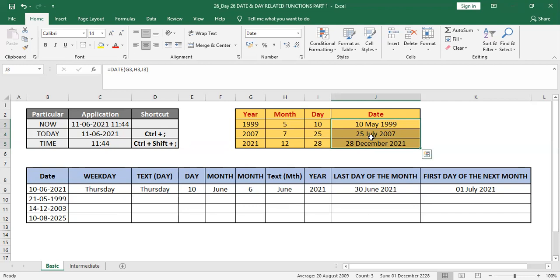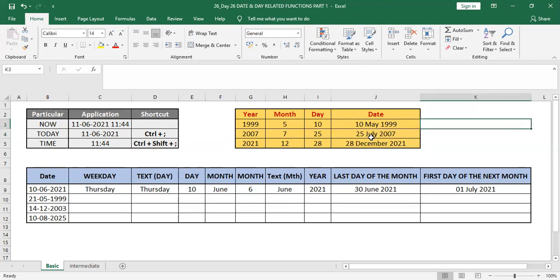Okay, remember, every time we can check using the ISNUMBER formula. If you select this date, complete the bracket, you can see it's giving us the result TRUE. That means every date is a particular number in Excel, and they can just give us a little more information about the date in a textual format or a number format. But if we have to see if it is a number or text, a date always comes as a number. So that's why ISNUMBER gives yes.